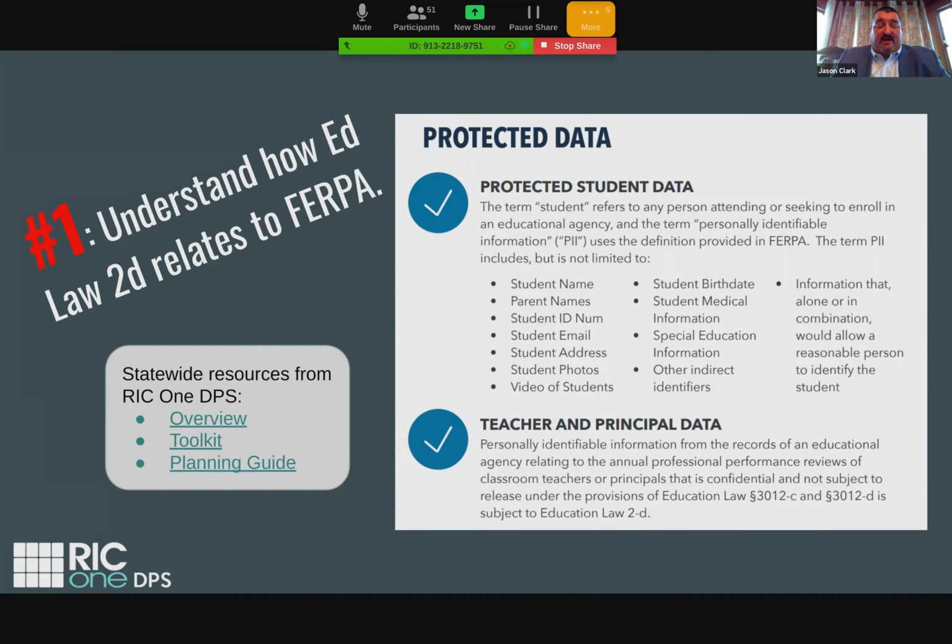And you'll notice that on each of these slides, I have a little box down in the bottom corner that has some links for each one of these top 10. So these link back to that resource page that I originally showed you and give you specific information about each one of these things.